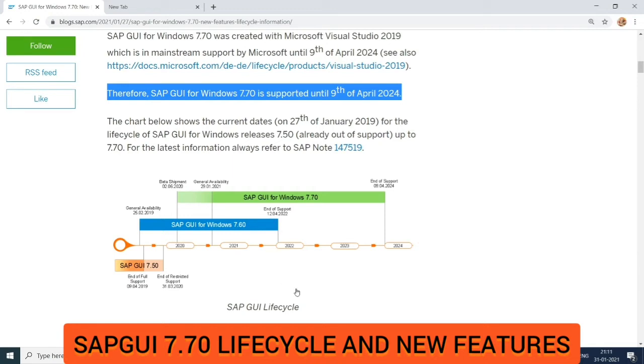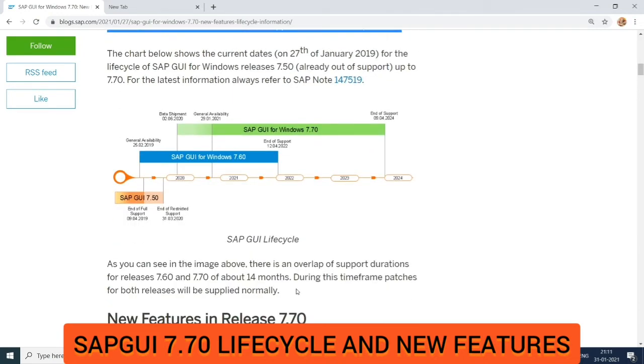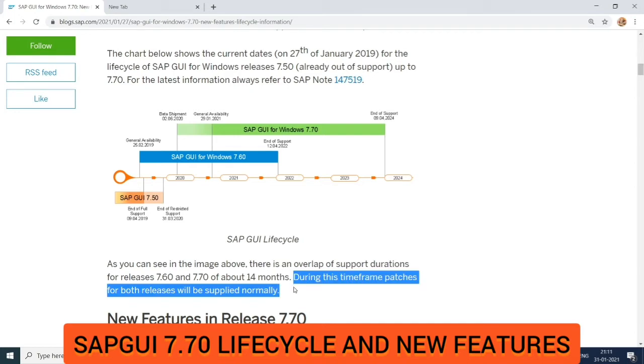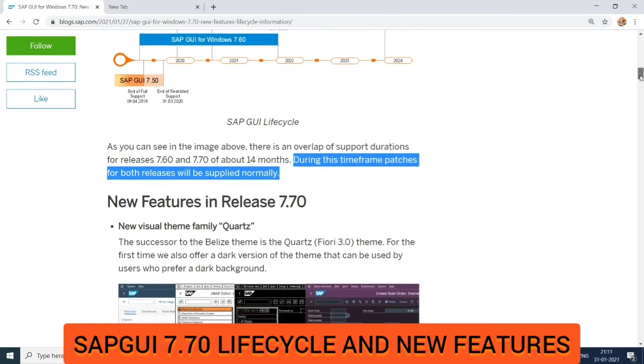There is an overlap of support duration for 760 and 770 versions of about 14 months. During this period, SAP will release the patches for 760 and also 770 as per the normal patch cycle. That is, every 3 months SAP will release a new patch, and in between hot fixes with urgent bug fixes if any.